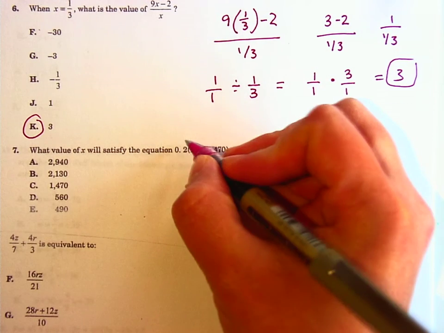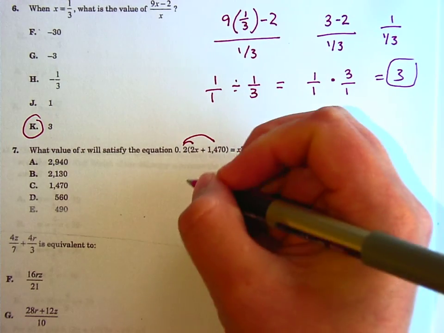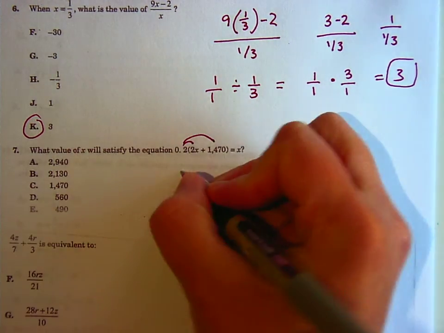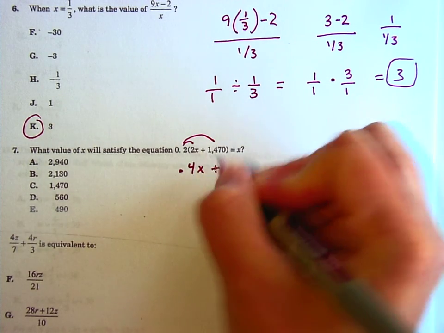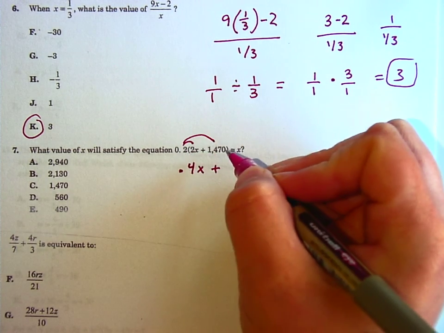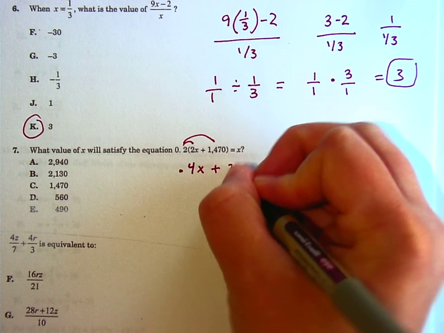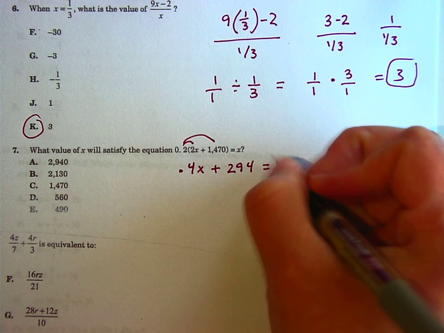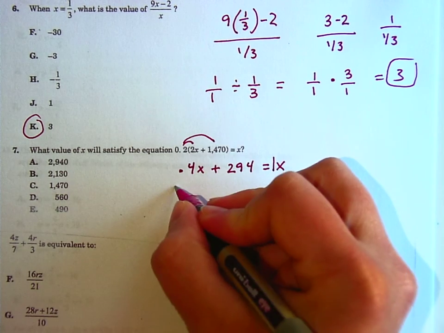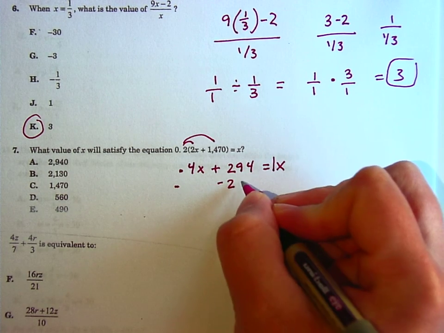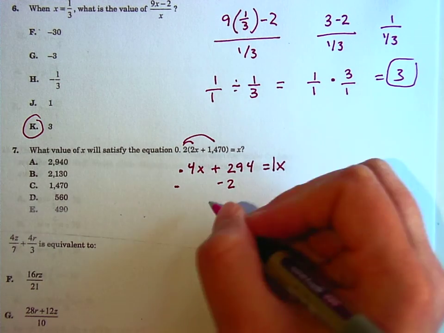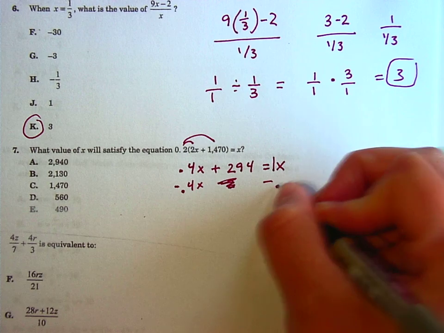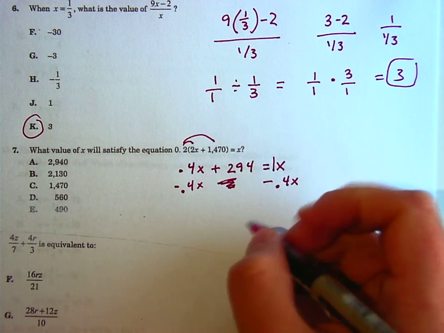So I'm going to distribute that 0.2 to both of them. If I distribute it, let's see, I get 0.4x plus, if I, in my calculator, take 0.2 times 1,470, I get 294, and that equals x. That's like 1x, remember? So now to get the x by itself, I'm going to subtract, well, I guess I'll subtract this 0.4x over here. Okay, so